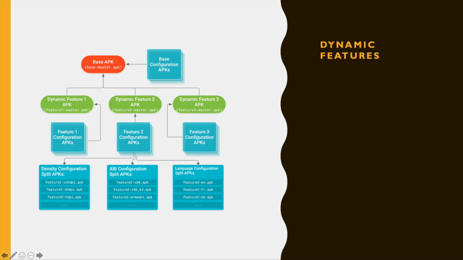And also you can use dynamic features. It's really cool as well. For example, if you have a feature not available for everyone, you just want to download the part of your application needed for your user. It's also really cool if you have something big in your application but not mandatory for everyone, you can use that. And yeah, not everyone will have this part of your application. So yeah, that's cool.